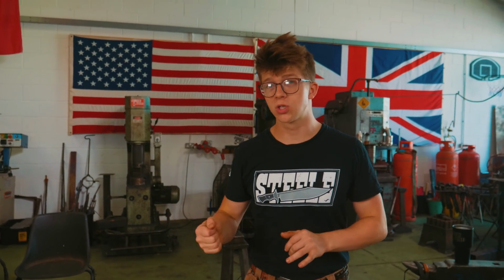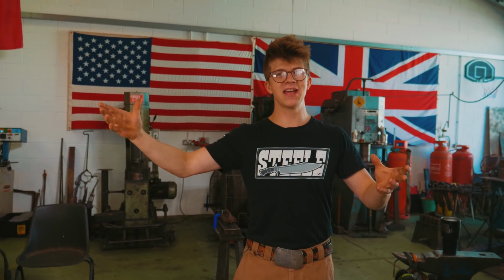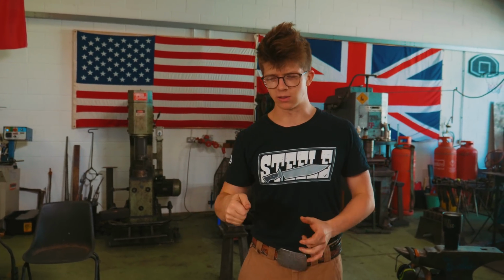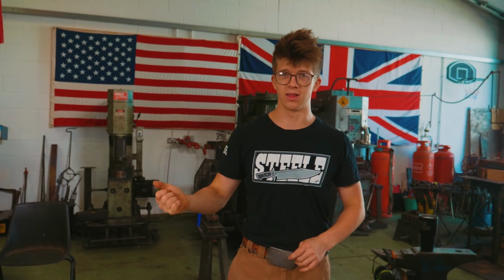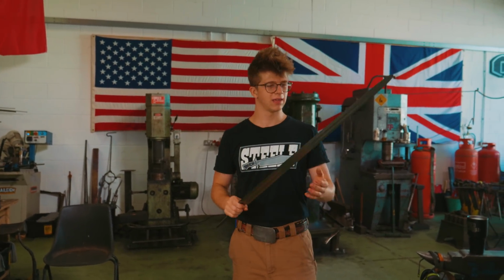The people that made these blades historically, they knew what it was that they were making, and they had to do a good job of making it because the people that used them knew what they wanted to work for the fighting styles that they used. It shows my naivety from when I started making swords, where I was just making a long piece of steel with an edge on it, and I was surprised that, wow, it doesn't really feel that nice to wield. It doesn't feel like you'd want to do anything with this. And then, of course, you pick up something that's a lot more in line with the real thing, and yeah,